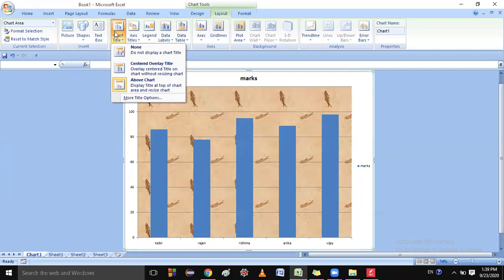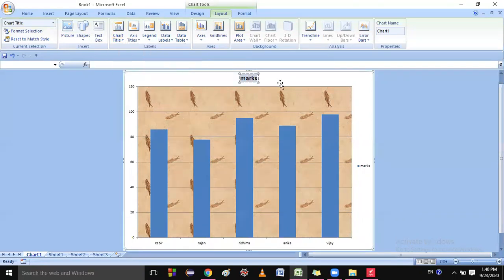The next one is how you can format the chart title. Format means, students, you provide some styles to the chart title.